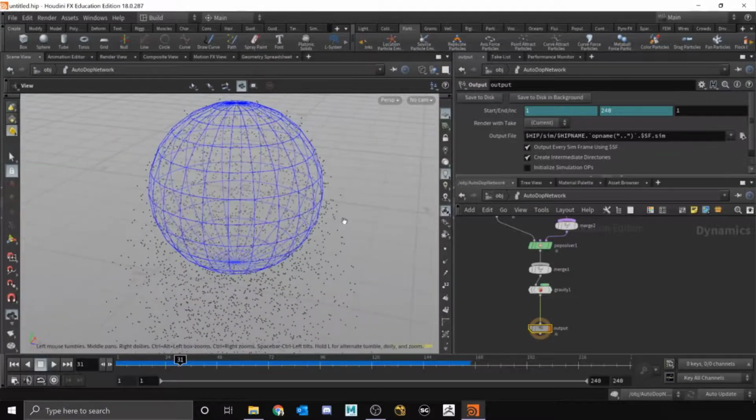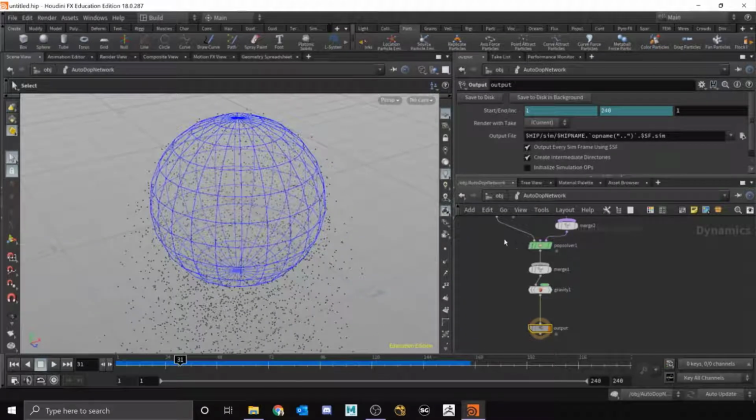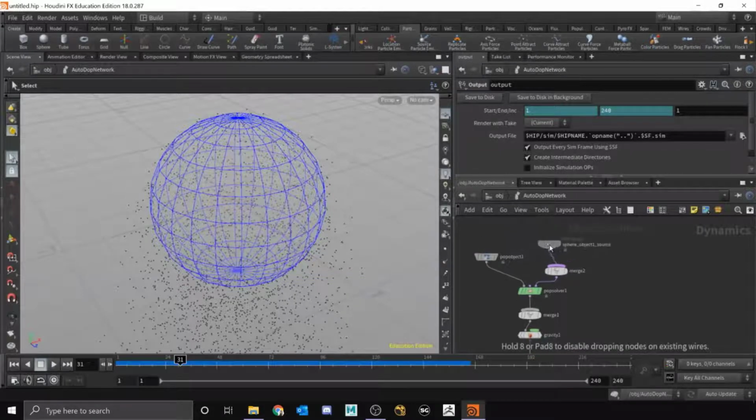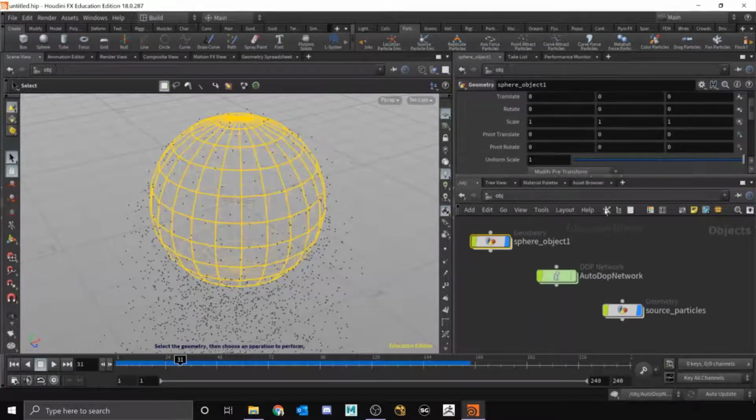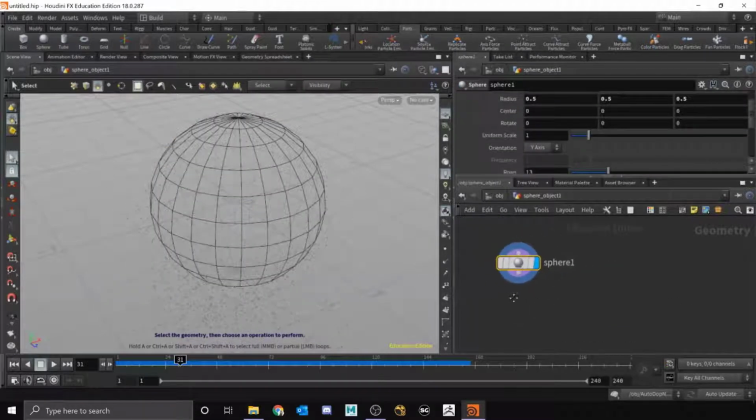So if we want to control how the particles are being emitted from the sphere, we need to look at what's being brought into the POP source for this dynamic network. We know that we created the sphere, but you can also see here, if you select the source, the SOP level that is being pulled into the source for this network is the object sphere 1. A quick way to get there, say you have a bunch of networks: if you click this arrow, it's going to automatically bring you to the selection of this node network. So I'm going to click that, and that's going to jump me up to the object level with that sphere object 1 selected. So now I'm going to dive down into that,